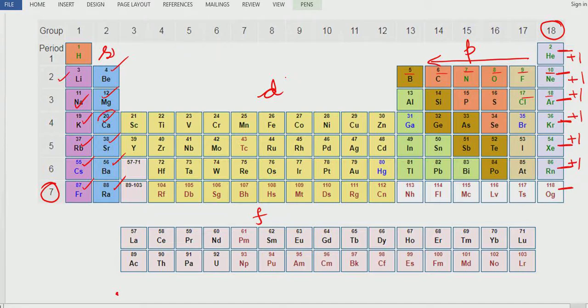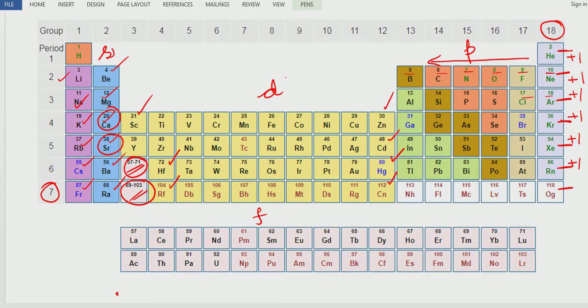Then after calcium and strontium, continue the number 21 to 30 plus 10. 38 plus 10, 48 you will get. Here we have lanthanides and actinoids. So 14 elements are missing here. Remaining 72 to 80 we have. Then 104 to 112 we have. So in this way you can remember the atomic numbers. You have to go through the tricks 2 to 3 times to remember the atomic numbers. So be thorough with the elements in the periodic table.